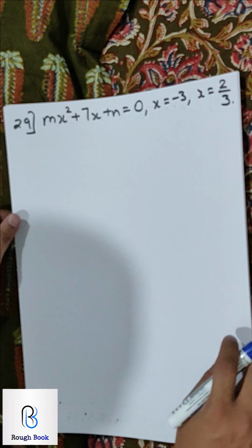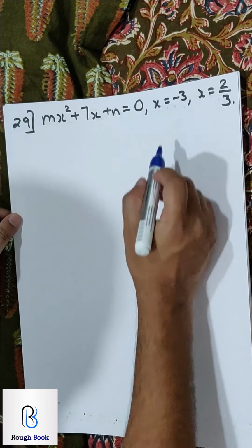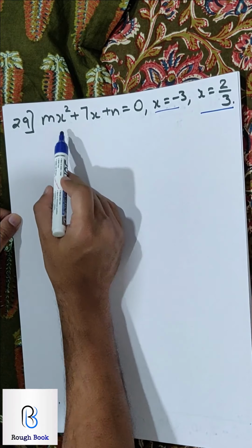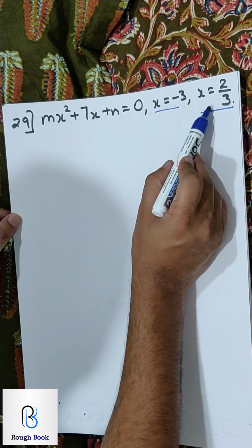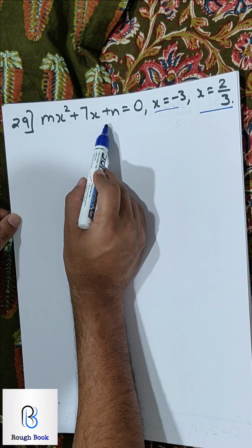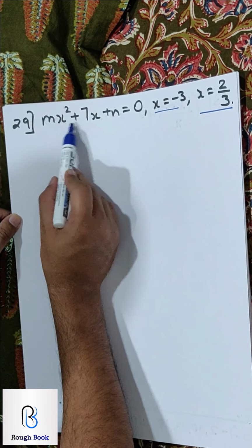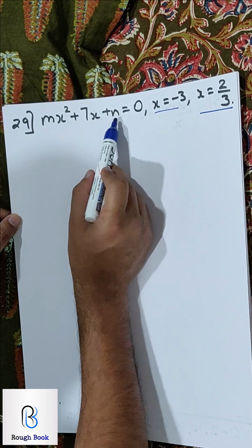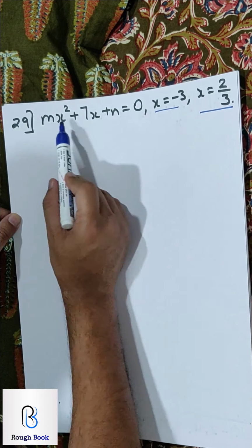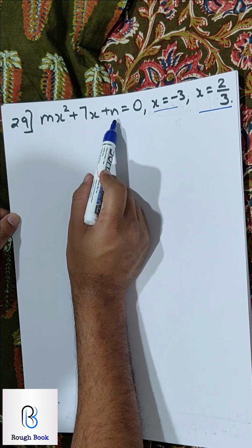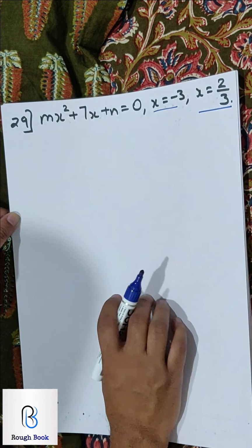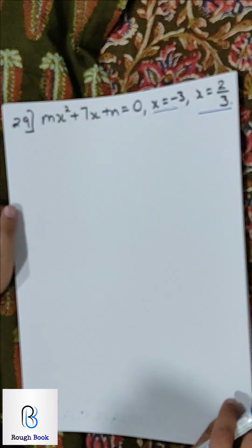29. 29 also is a typical question from standard 9 actually. They say that these two are the roots of this, that means solution of this. So you can substitute x as 3 once and get an equation with m and n. Then substitute this second time, get another equation with m and n. And then simultaneous. Yes, you are right if you're thinking already about simultaneous.